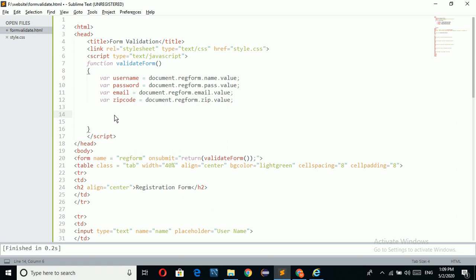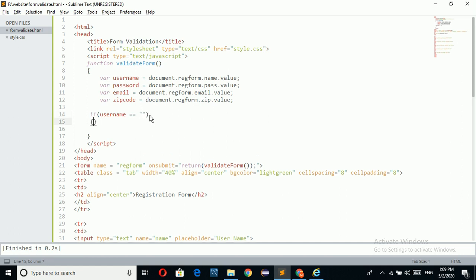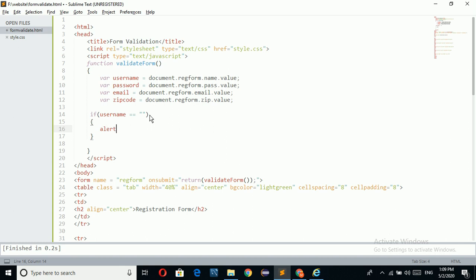Now I am going to write the JavaScript related code. Now I am going to check if this username equal to empty, just to display the alert message. Alert, please enter the username.